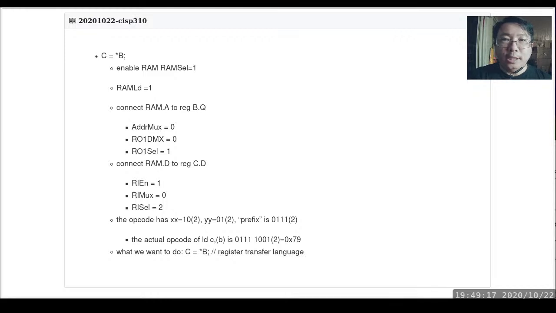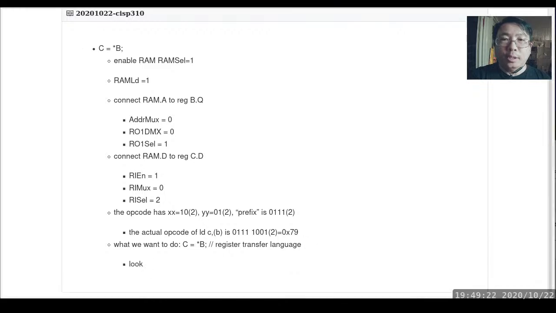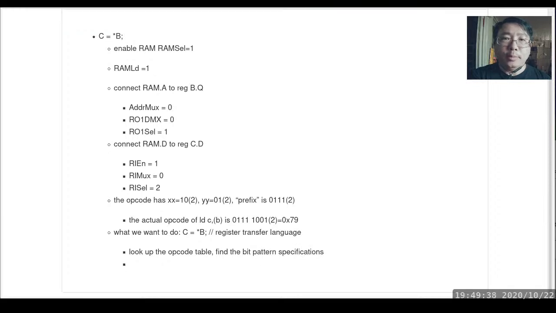So that's the first thing we did. The second thing we did was to look up the opcode table, find the bit pattern specifications. Once we find the bit pattern specifications, which in this case is 0, 1, 1, 1 as the most significant bits, and then we have XX, and then we have YY, then we, quote unquote, assemble by figuring out